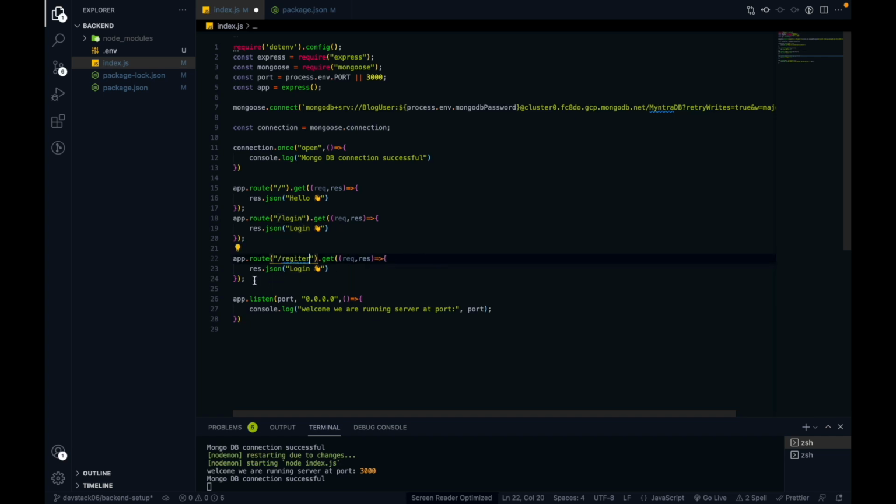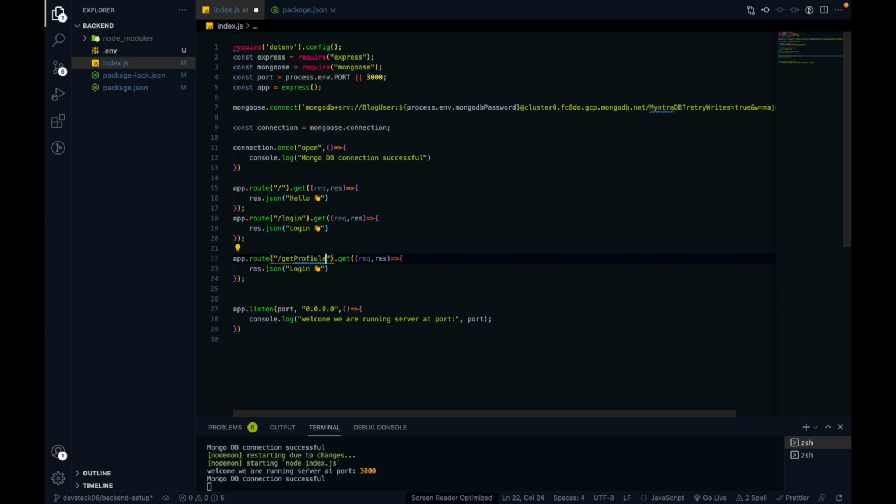Similarly, for creating a profile, we have a different endpoint, like a create profile endpoint. Or for getting the profile data, we will need a get profile endpoint.